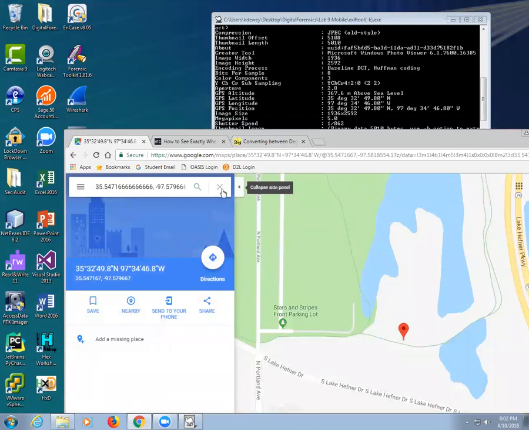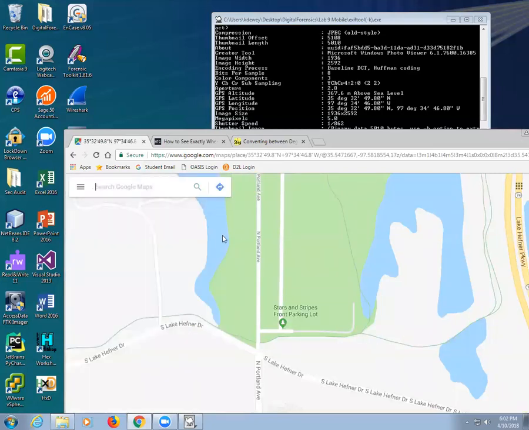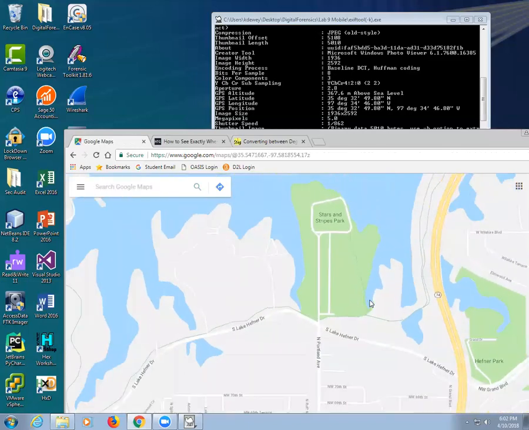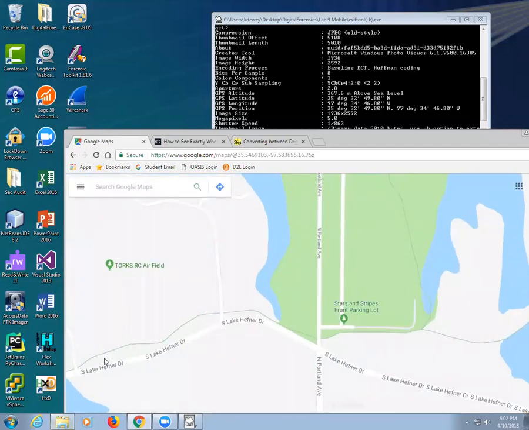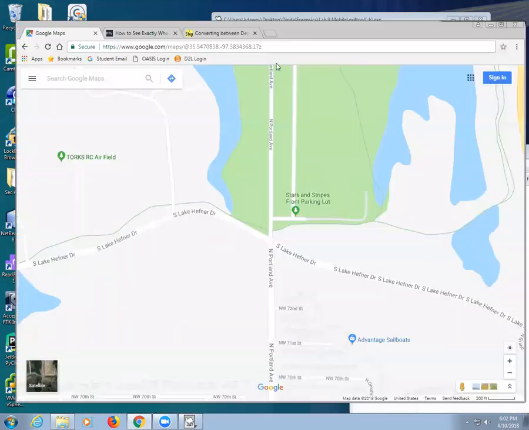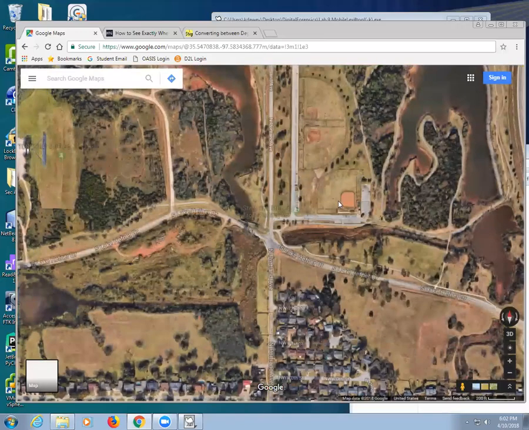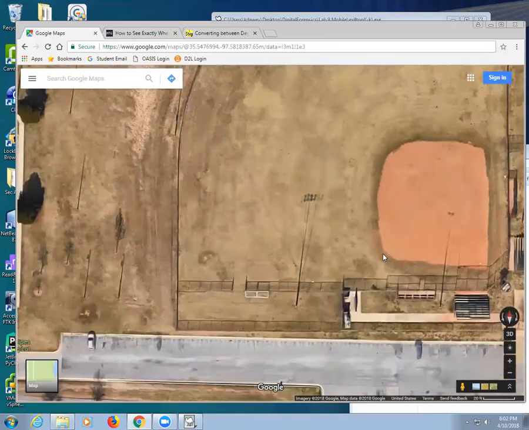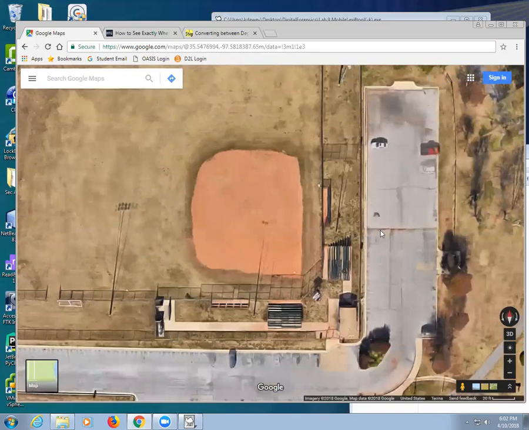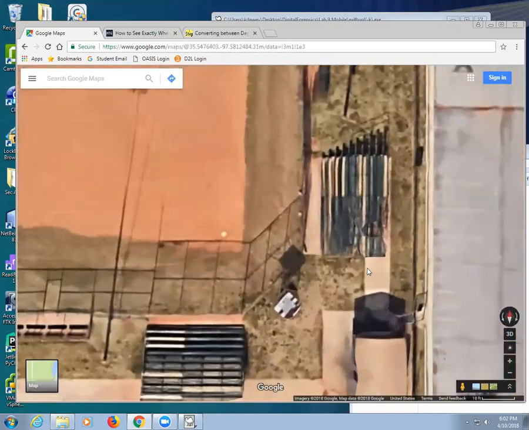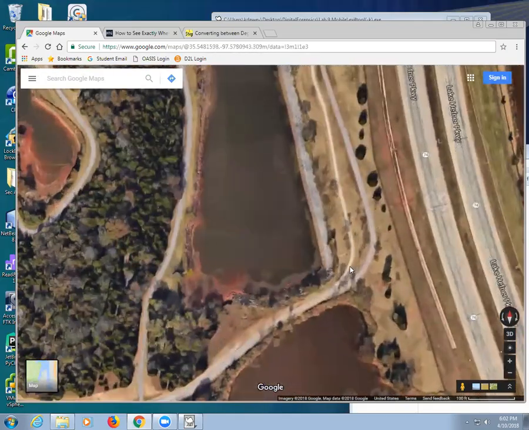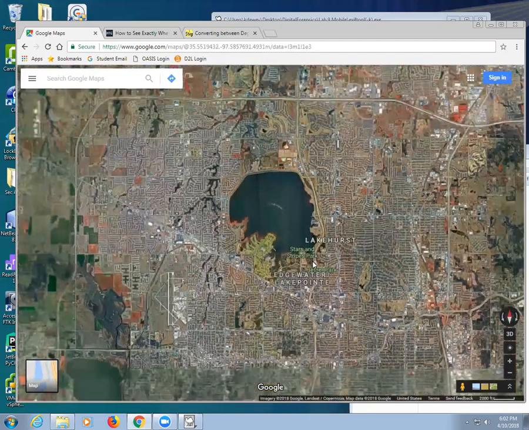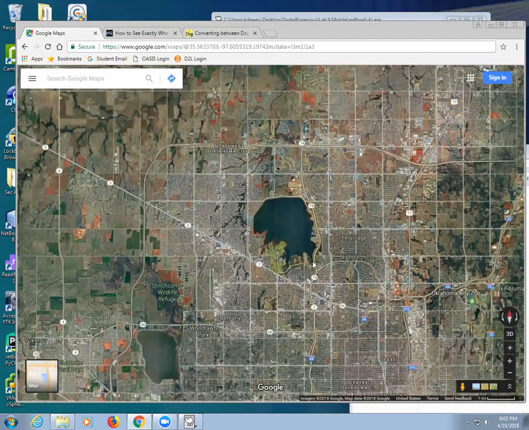Okay, so where the heck is this taken? Oh, I just closed it. Okay, well, I'm going to zoom out. Y'all agree this is Lake Hefner? It's literally right there. If we were to zoom in far enough, we would see a park bench sitting right where this is centered. It's off just a hair, because I think the park bench was on this walkway right here. But you agree that's Lake Hefner? Okay. So we can find out where the picture is that way. Easy enough. Wasn't hard to do.